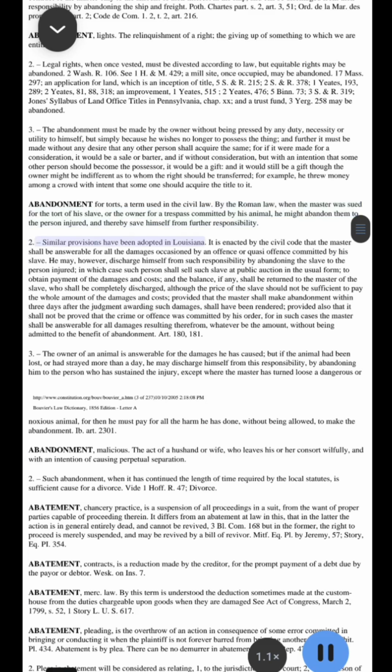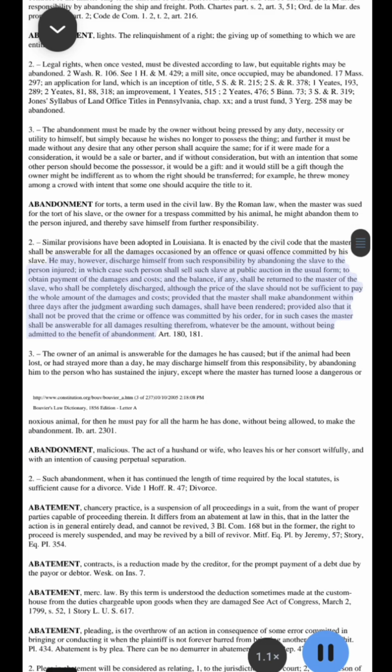2. Similar provisions have been adopted in Louisiana. It is enacted by the Civil Code that the master shall be answerable for all the damages occasioned by an offense or quasi-offense committed by his slave. He may, however, discharge himself from such responsibility by abandoning the slave to the person injured, in which case such person shall sell such slave at public auction in the usual form, to obtain payment of the damages and costs,